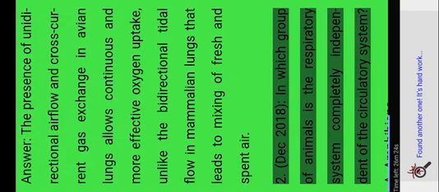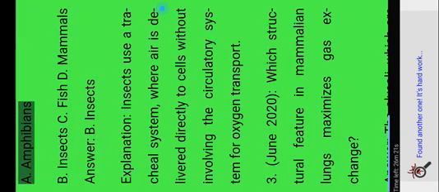2. December 2018, in which group of animals is the respiratory system completely independent of the circulatory system? A. Amphibians. B. Insects. C. Fish. D. Mammals. Answer. B. Insects. Explanation. Insects use a tracheal system, where air is delivered directly to cells without involving the circulatory system for